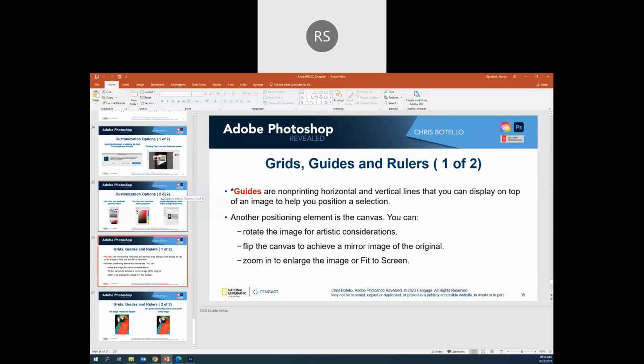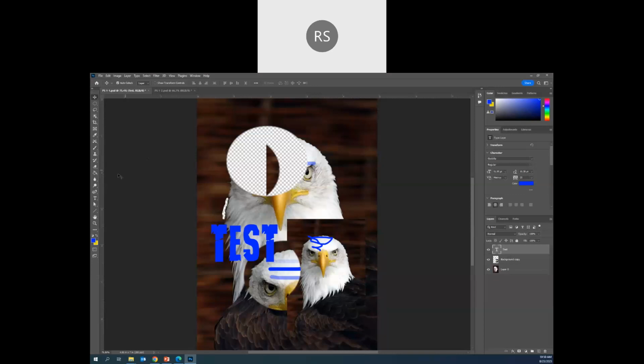Now the guides are non-printing horizontal and vertical lines that you can use to display on top of an image to help you position a selection. So to place a guide, you simply left click on the ruler and drag the guide to the new location. Same with the top and bottom. So you can get a precise location. So if I want the T in this text to be at that intersection,